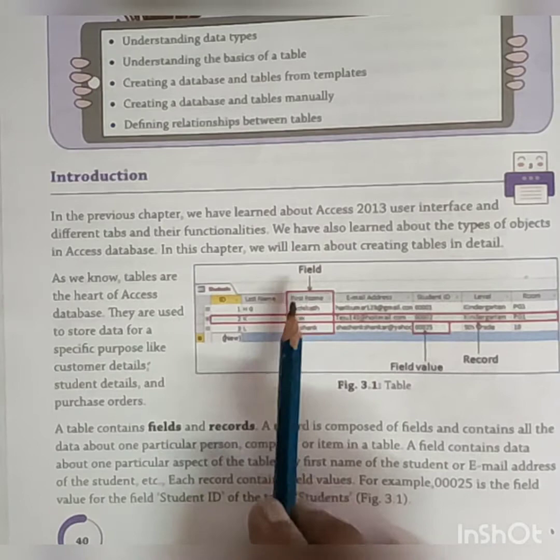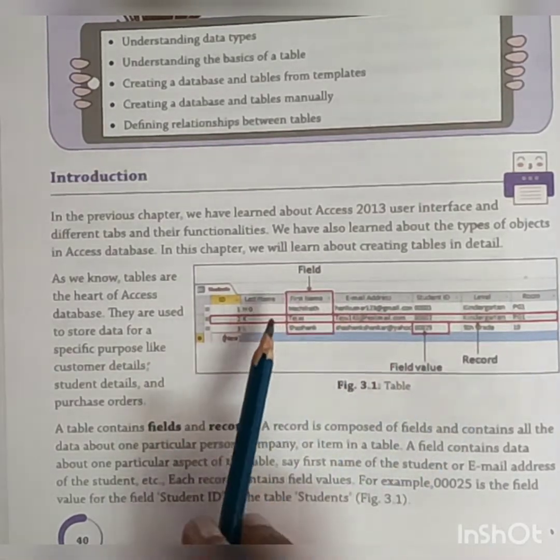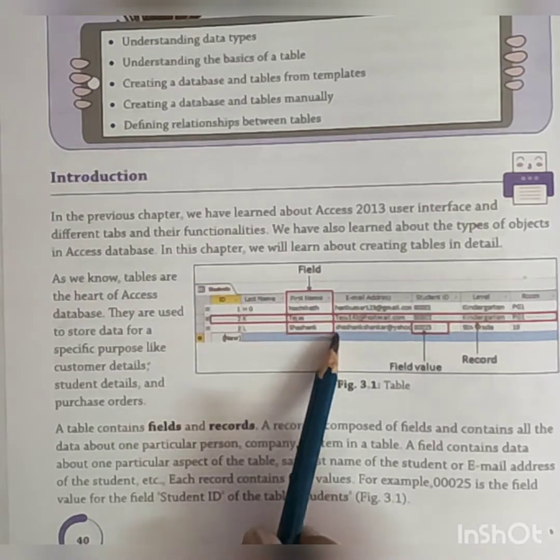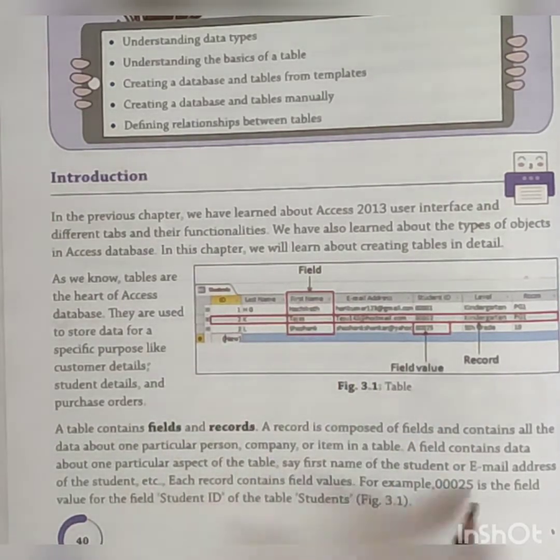So three things are involved here: a field, a field value, and a record. This is a field, this is a record, and this is a field value. Okay students,